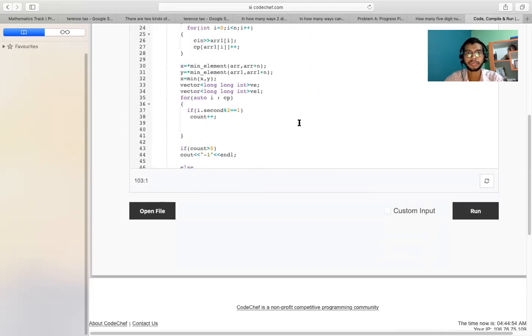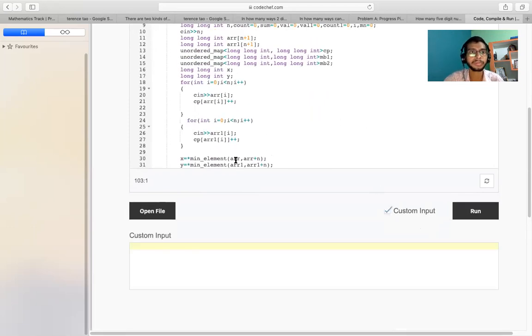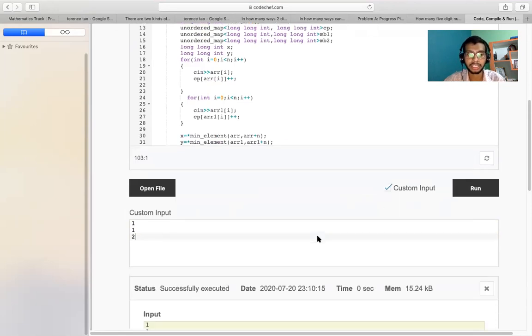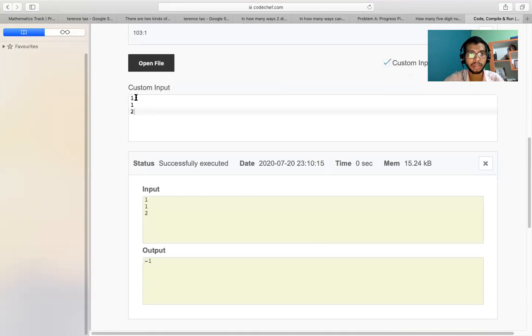So let's run it on a custom input. Let's run it on 1 and 2. It will return -1, I hope. Oh, sorry, it comes with an error. Basically, I hadn't decided the size of the array.